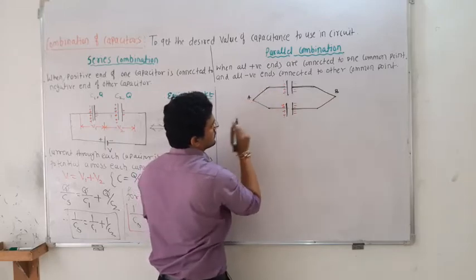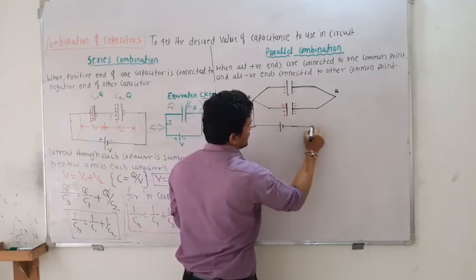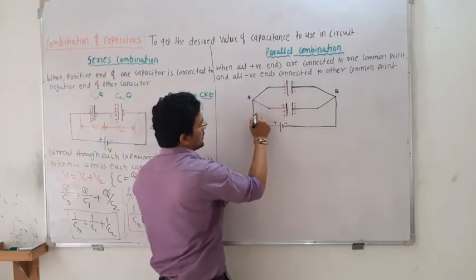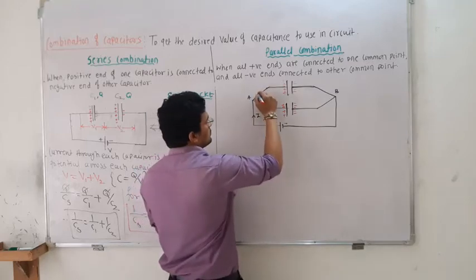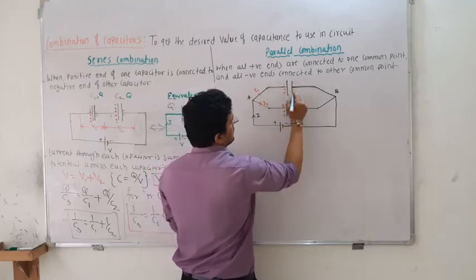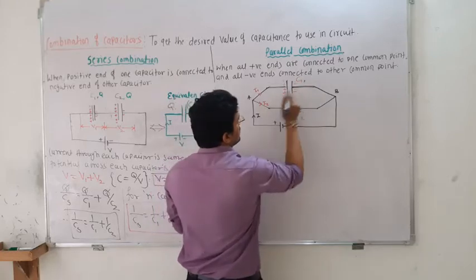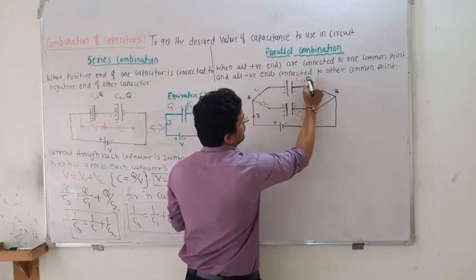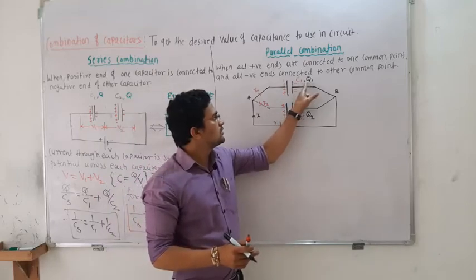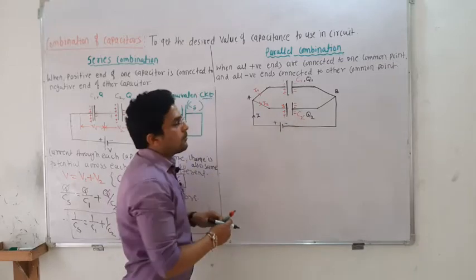So this is the connection. These two common points are connected across a battery, positive and negative cell. So this is the diagram. Now the current is different: in this case it will be I1, in this case it may be I2. The capacitance of this capacitor is C1 and of this capacitor is C2. Due to the change in the current, the charge is also different. In this capacitor charge is Q1 and capacitance is C1, and here charge is Q2 and capacitance is C2. But potential is same.